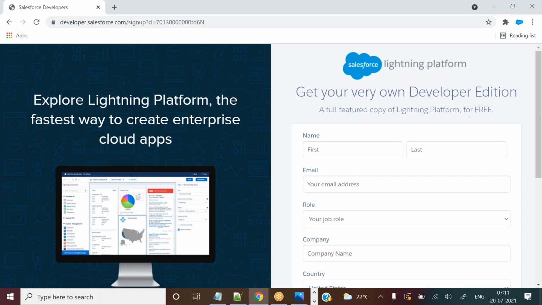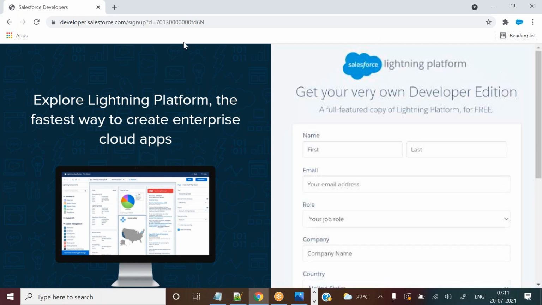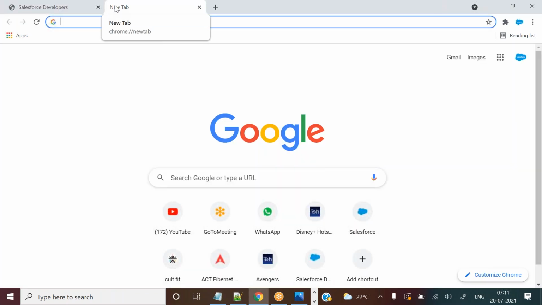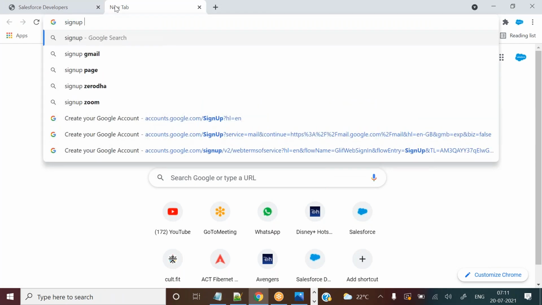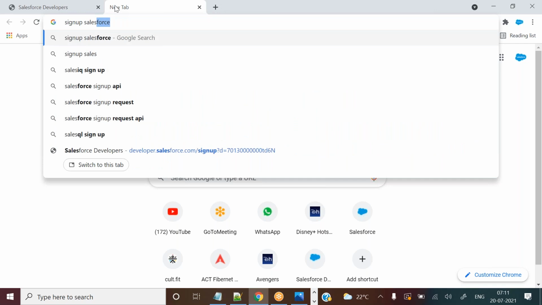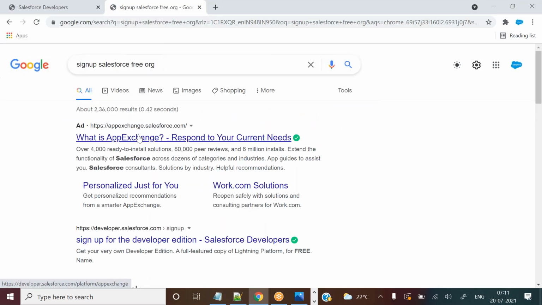And you can see it's like a Gmail account, how you are creating it, right? So the same way you can check it. And if you forget this URL, you can simply go to Google and search for sign up Salesforce free org, developer org, free org, whatever it may be.